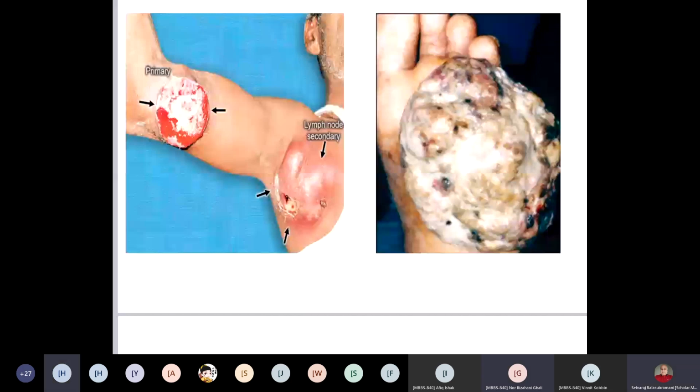Radical excision. Radical excision means how much will you remove? That is what I am asking you. How much of the skin will you remove, the normal tissue? Surgical excision only. You have to remove 2 centimeters all around the ulcer. Okay, not only the length, not only the breadth, you have to remove the depth also. So what you have to tell is 3-dimensional excision, 3D excision.